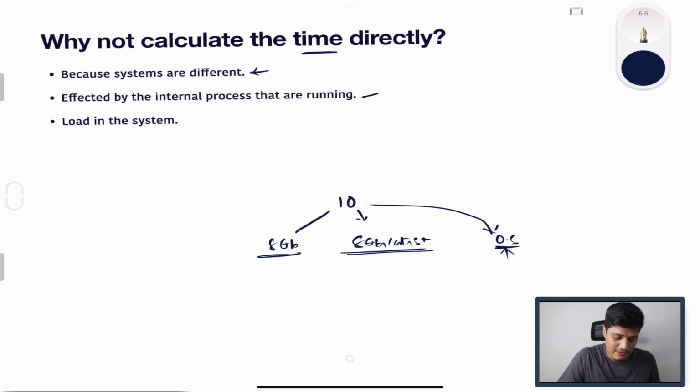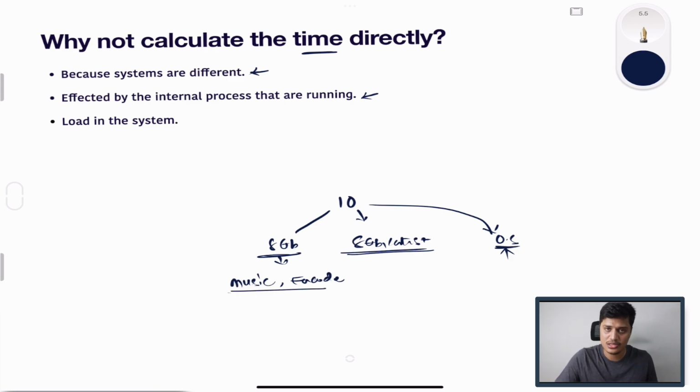And the second reason is that the amount of time taken by the algorithm for execution is impacted by the internal processes running. What do I mean by that? Maybe I'm using an 8 GB system. In the 8 GB system, while running the program, I might be running some music. I might be editing some videos. I might be trying to encode them. So after all, whatever the RAM that our program is going to take for the execution is getting impacted